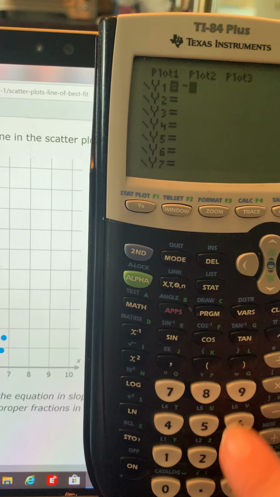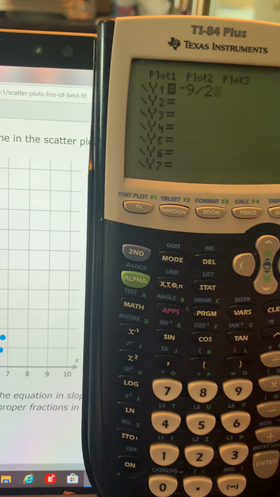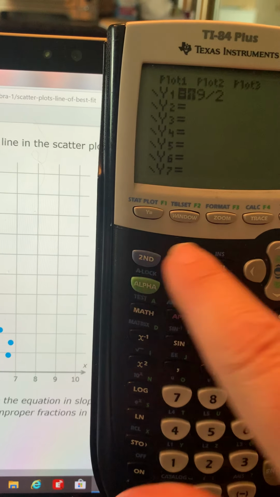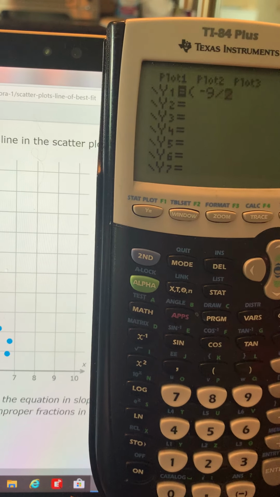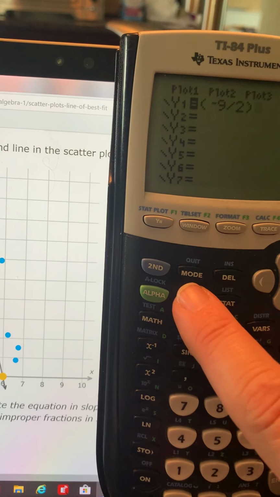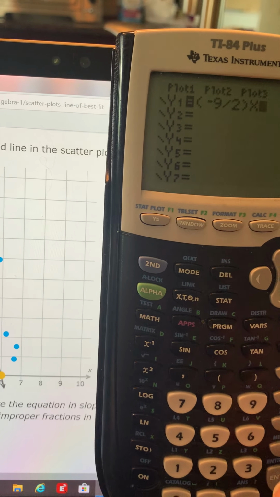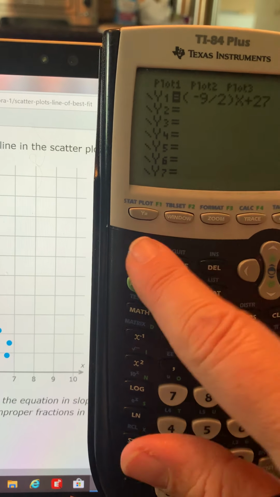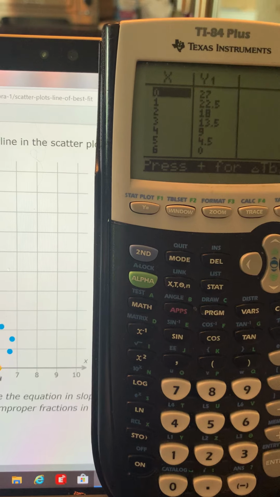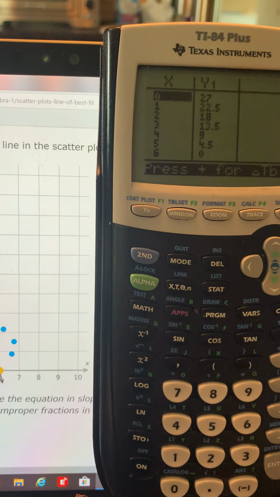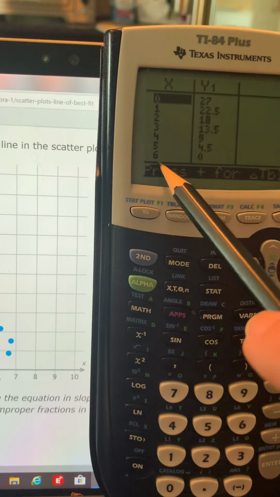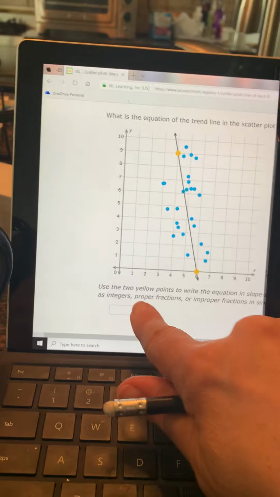So he's going to be negative 9 divided by 2. Actually, I should wrap that. So I'm going to wrap him up. I like to wrap those up. X, and then we have plus 27. Okay, so let's take a look at the table. We've got to make sure these points that I'm looking for are here. So I should see 4, 9, which I do right there. And I should see 6, 0. So I know I'm right. Now that I know I'm right, I'm going